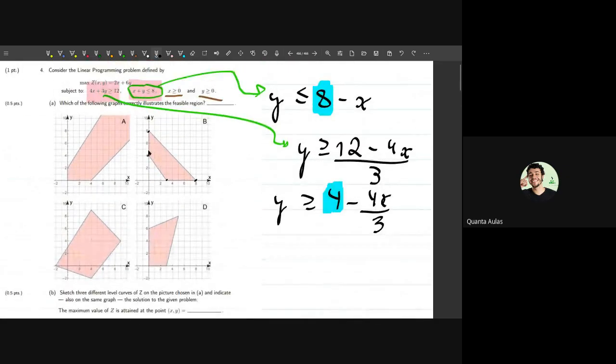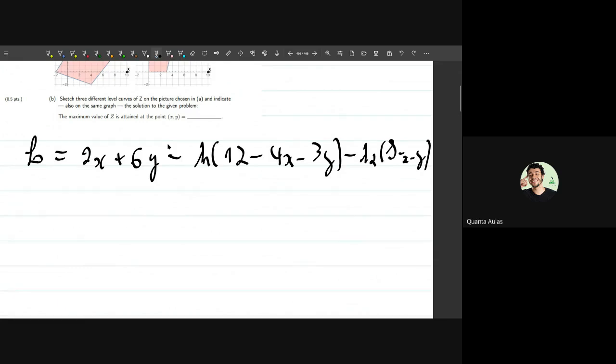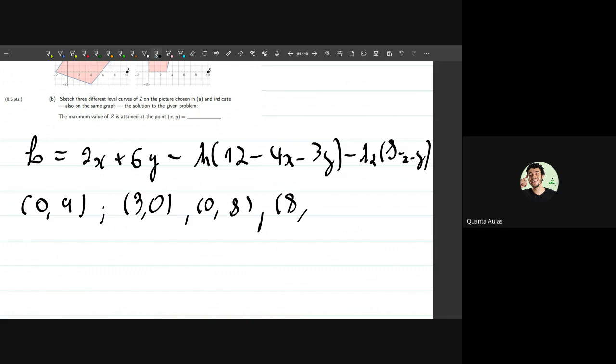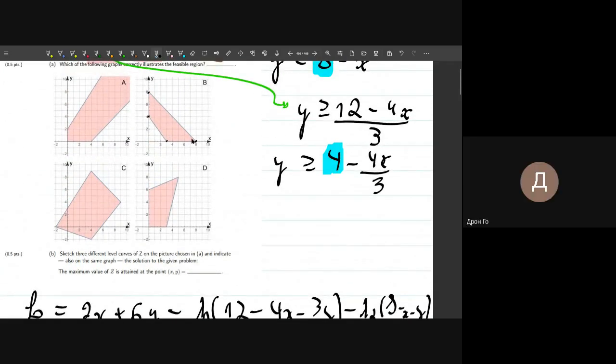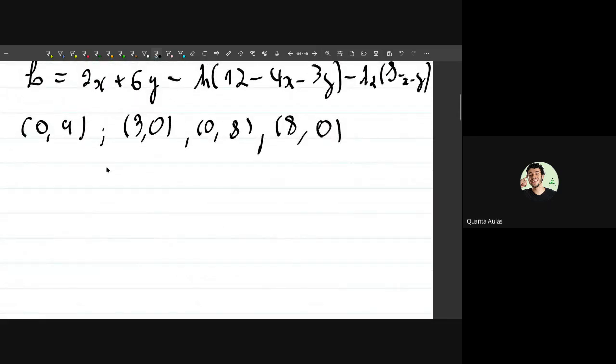We have these points. This point is easy to see. 0, 4. 3, 0 and 8, 0. Okay. 4 points. So what we need to do now? We need to test these values in our equation. So for example,